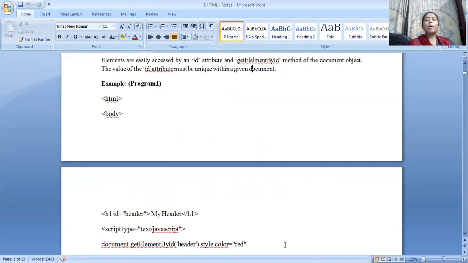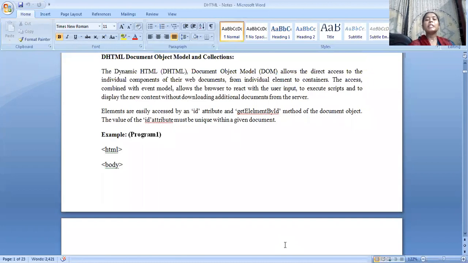The next part is about the DHTML document object model and collections. This DOM, the document object model, allows direct access to the server and performs the interaction, or performs the event model, and allows the browser to react to the user input.